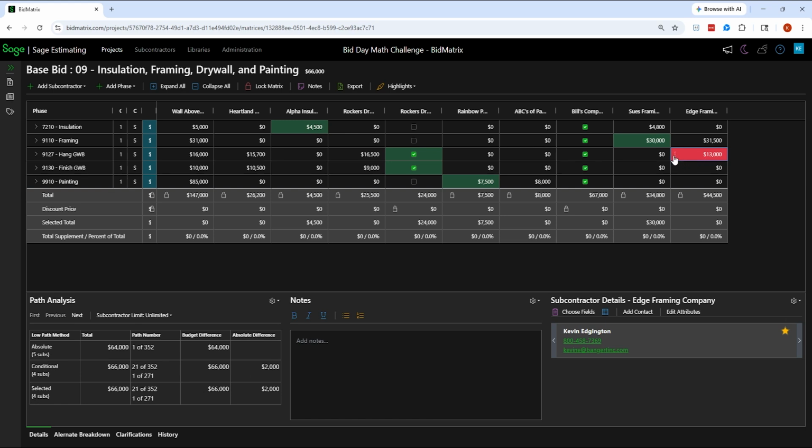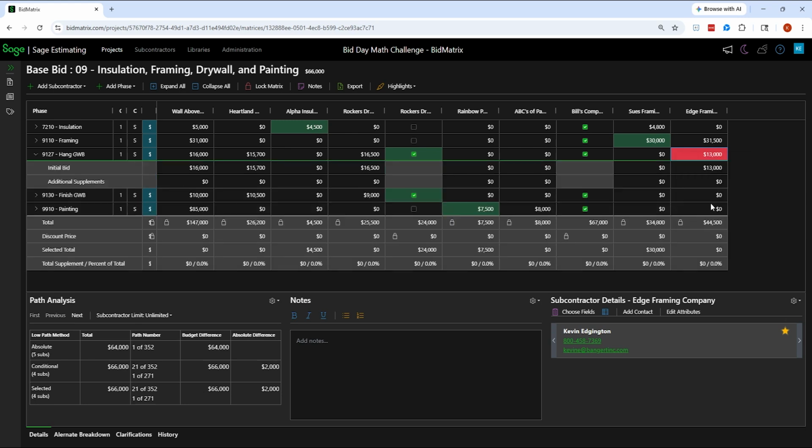So this might be a place where I want to go back and put a note on here, and ask somebody to come back and give that company a call, verify how confident they are of their bid, and double check their scope with them to make sure nothing is missing. So let's say in this case we've done our phone call, and yep, we found out that something was missing. So I'm going to go ahead and open this up a little bit.